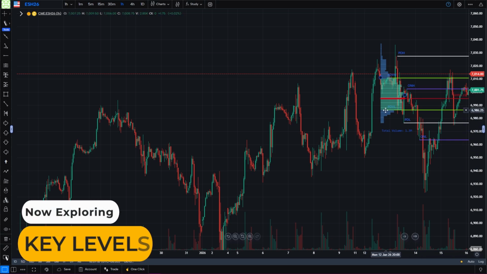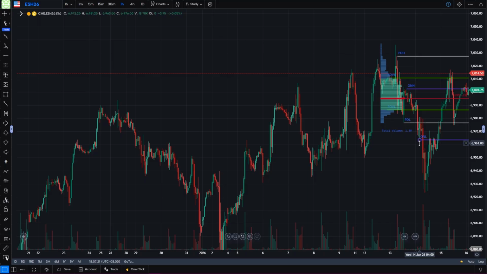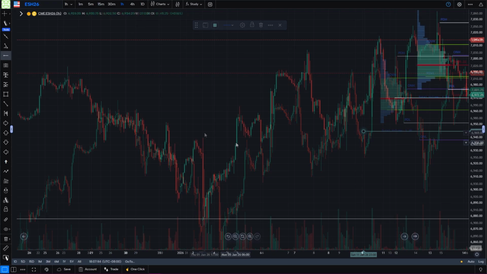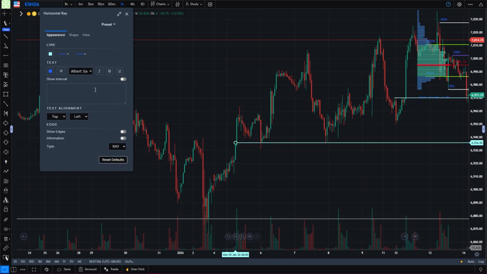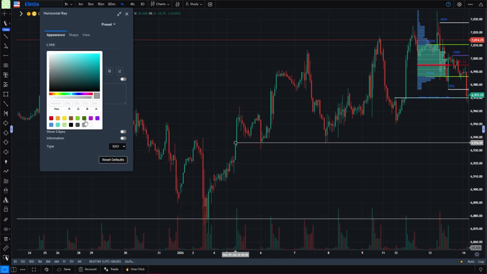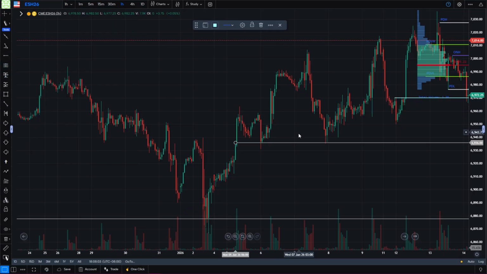Now that we have our previous day levels marked, as well as the overnight low and high, we can start marking structure on the chart. So again, you can either use a horizontal line. There's also a rectangle you can use for ranges, but we'll just go over some levels here. This is where buyers stepped in and price broke up on the beginning of Monday, January 12th. We'll mark in this level here and change the color for reference. And we'll also mark in